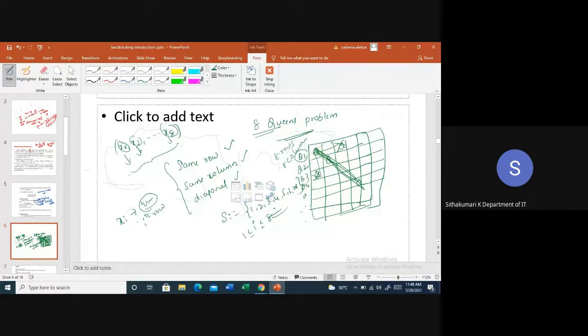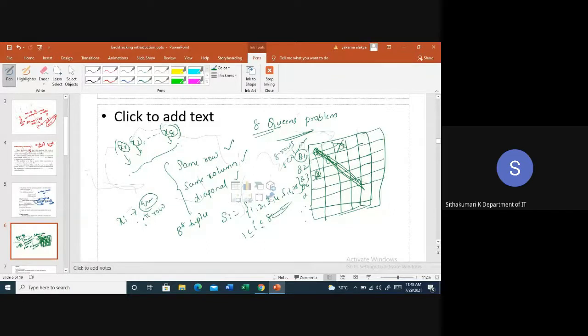Okay, so now the solution space consists of 8 power 8 tuples, isn't it? Because you have 8, how many combinations do you have? All ones, all twos, all threes. You can have all fours. Maybe it is feasible or not, leave it. But it should satisfy the explicit constraint only. If each xi is taking the value only from 1 to 8, that makes a tuple in the solution space.